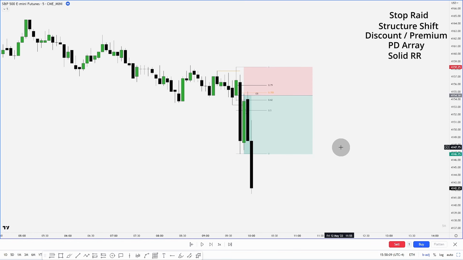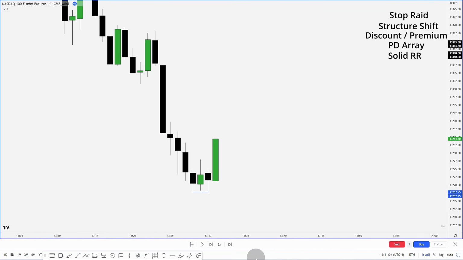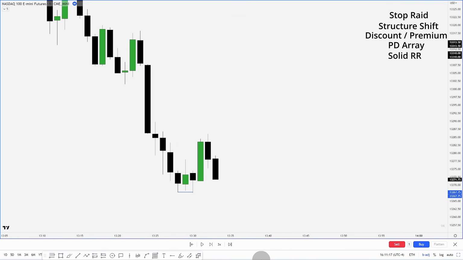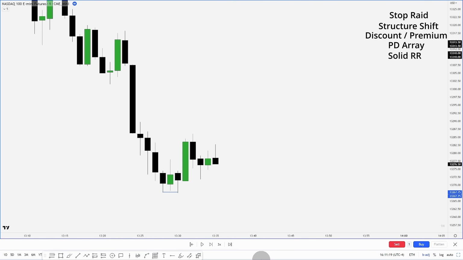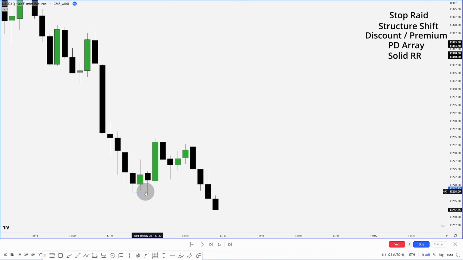For this next example, we have NASDAQ on the 1 minute chart. If you notice, we did go a tick below this low, but I do not count that personally. But what happens? We get displacement up. Does this meet my criteria? No. I prefer to have a stop raid prior to the displacement. So I am not counting this as a displacement move up. See, price tends to be supporting there, then it drops lower. So marking out this low now,